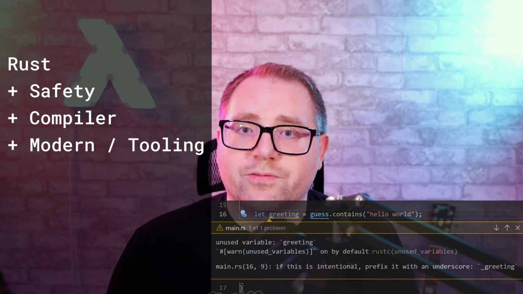On the plus side for Rust, I think for one, it's a very confidence-inspiring language. You've got memory safety and a powerful compiler. It's true that garbage collected languages are generally memory safe as well, but Rust is able to do this at compile time. Also, the compiler is able to catch all kinds of bugs, like missing fields and mutability errors, and all of that happens before it reaches runtime. Rust is also a modern language with top-tier tooling. Cargo is one of the best package managers I've used. You've also got automated documentation generation and integrated testing. Not to mention you've got linting and formatting tools as well.